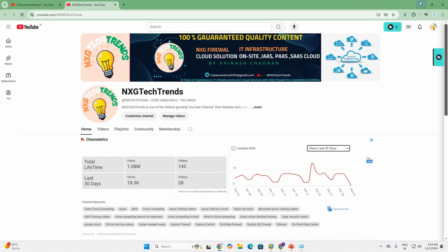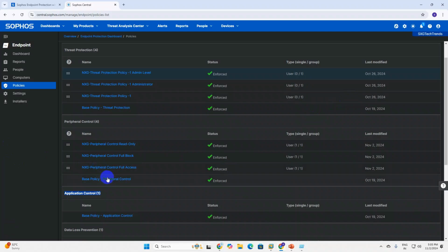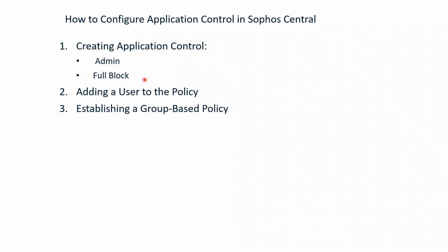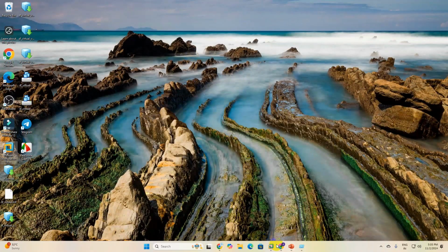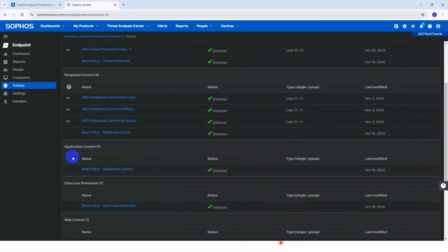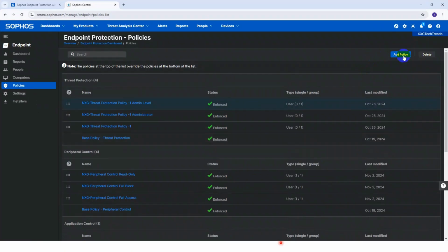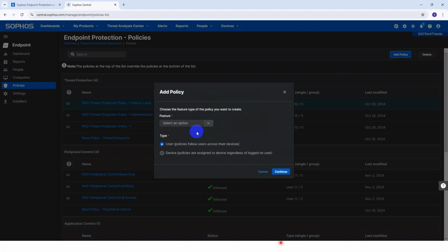So let's start now. As my topic today, I will first create a policy for full access and full block. So now you can see the application control policy is blank. First we need to click here, add policy. Once you click on add policy, then on the first tab, application control, select application control user based policy, click on continue,